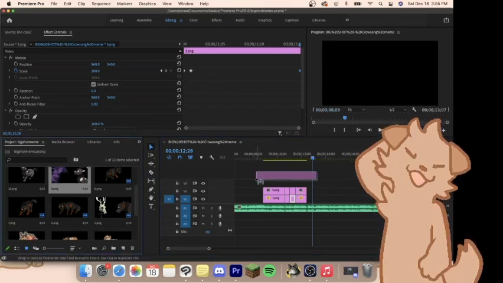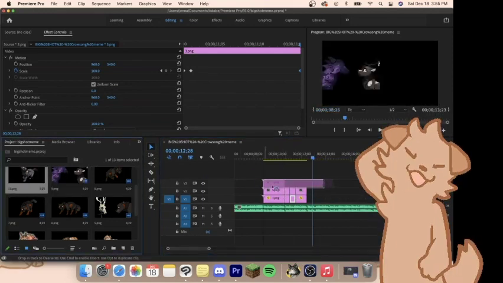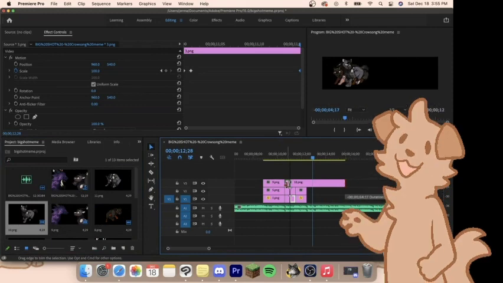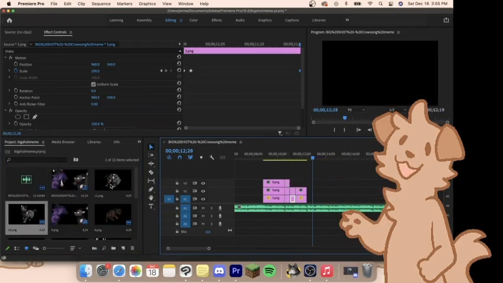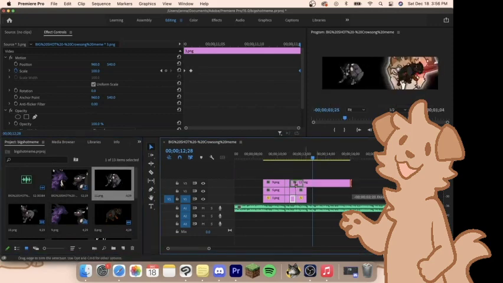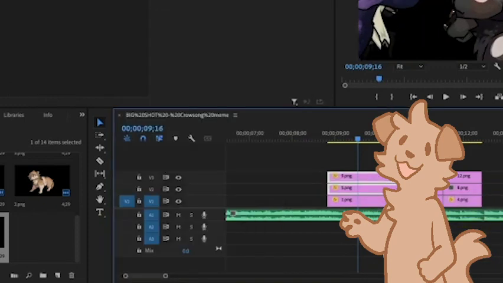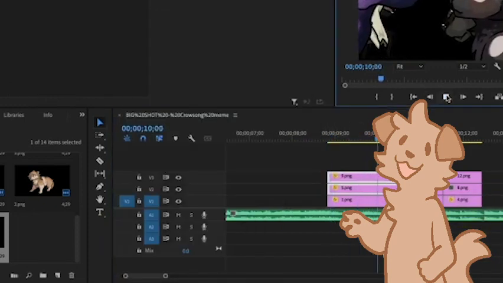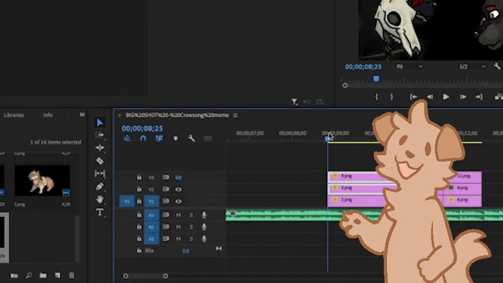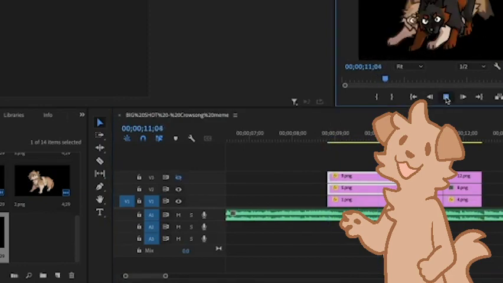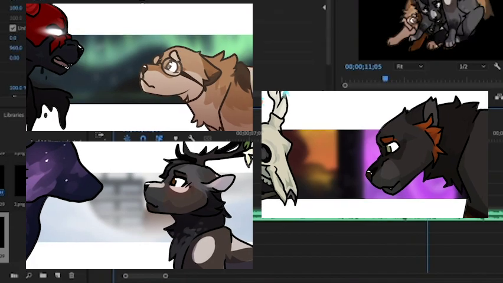Now, I don't have to repeat this process for the drawings of Yura and Willow. I'm going to simply drag them over top of Eloise's section in order to replicate the timing, and then I'm going to copy the timeline event that I have already added the editing effects to, and then I can simply select both Willow and Yura's drawings, which will have the same timing, and hit Paste Event Attributes. This will add the same pan to different images.